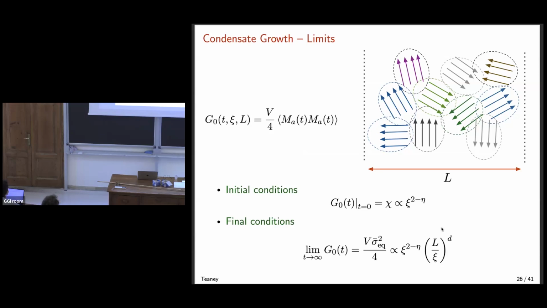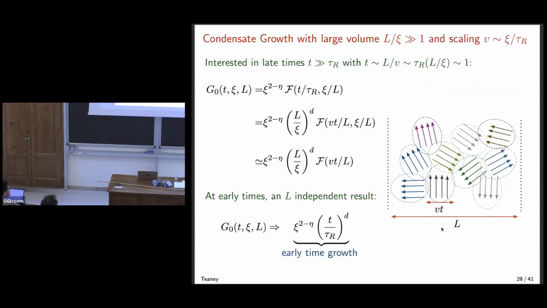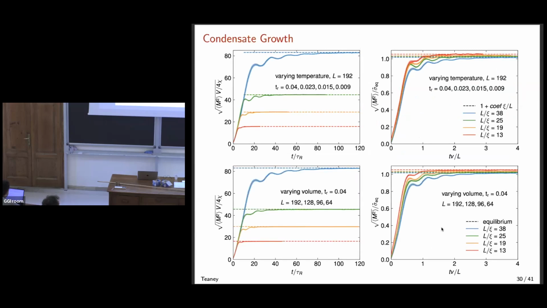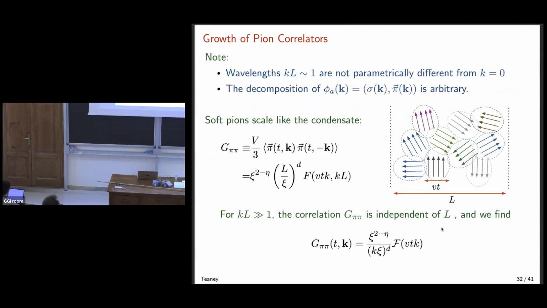And that's 1 over k cubed, which is larger by a factor of 1 over k than the equilibrium, right? So essentially it's saying that this is the order parameter. The pion is effectively behaving like the order parameter, right? And so essentially this was the argument, that it's got to go like L to the power D. And now if you take the volume infinite and k fixed, you get 1 over k to the D, right? So that's perhaps like a solid